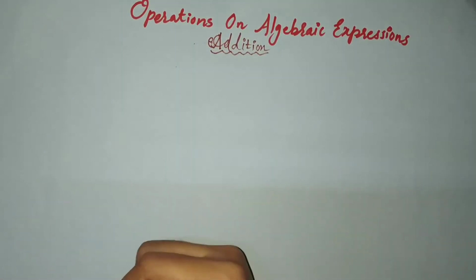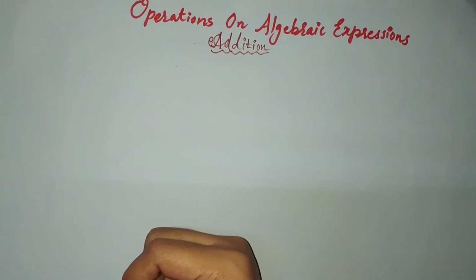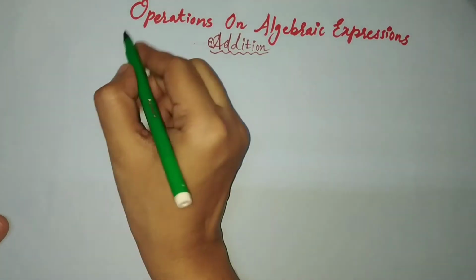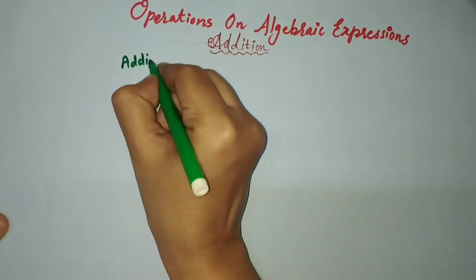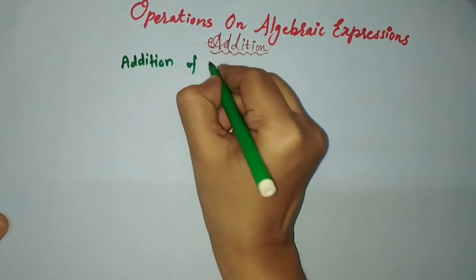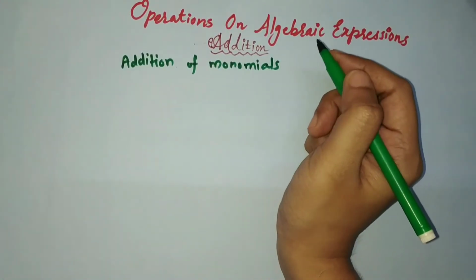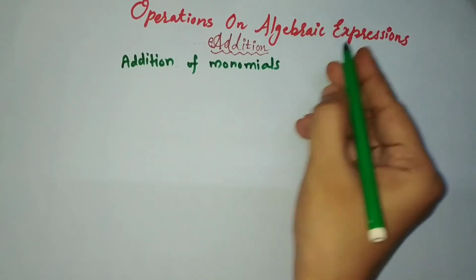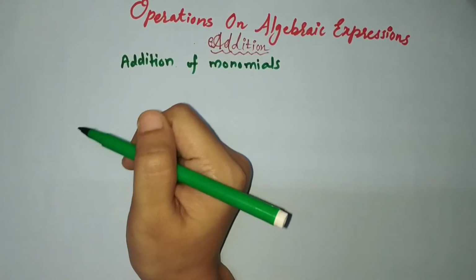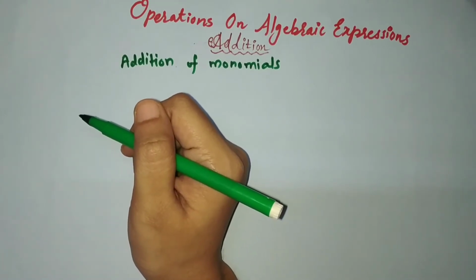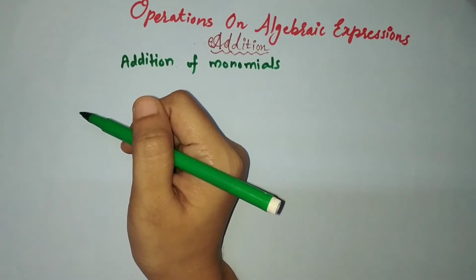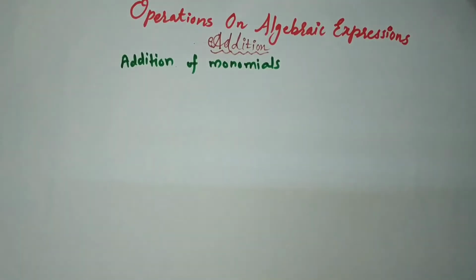Friends, we know that monomials are the expressions which contain only a single term. So here we will go for their addition, like addition of monomials. Before starting this concept, we should ensure that we can only perform the addition and subtraction of the like terms. We cannot go for the unlike terms and add them. No, we are going to perform operations for the like terms. That means we will add or subtract just for the like terms.